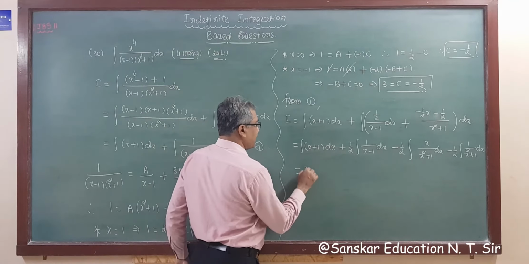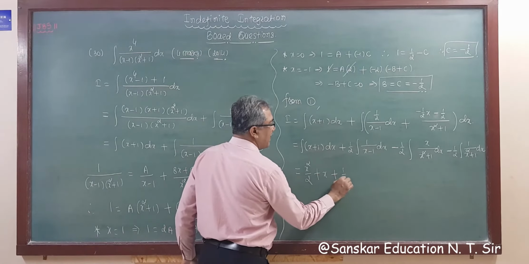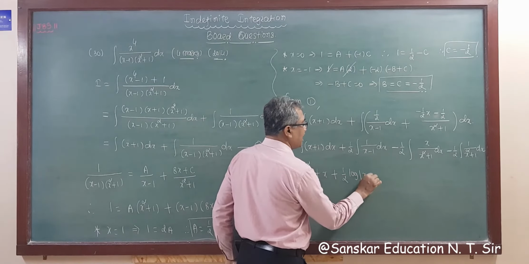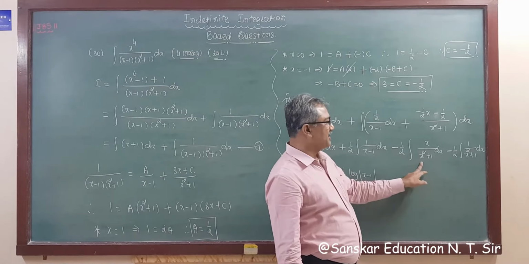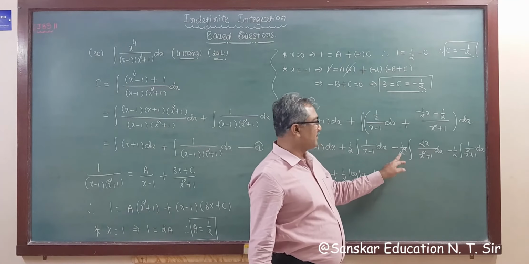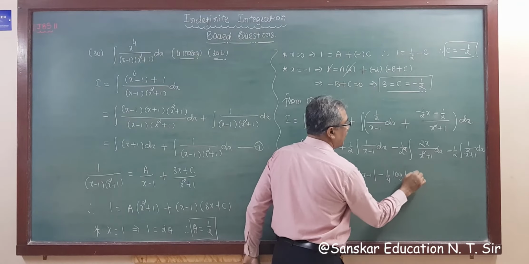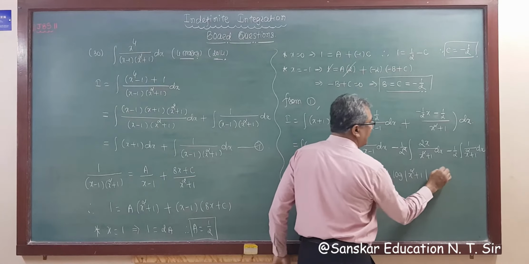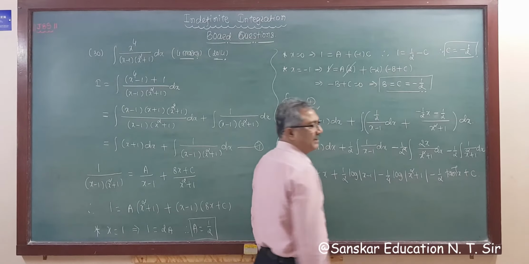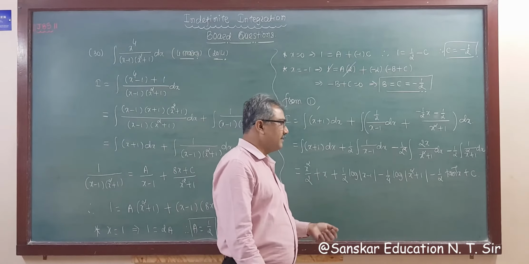So integrating this we get x square by 2 plus x plus half, and the derivative of the denominator is in the numerator, so the answer will be log mod x minus 1. Now the derivative of the denominator is twice x, so divide by 2 and multiply by 2. So this is 1 upon 2 square, so minus 1 upon 4, and this is log mod x square plus 1, and minus 1 upon 2, and this is tan inverse x, standard formula. So I am not saying anything else, so no need to explain further, right? So these are the answers.